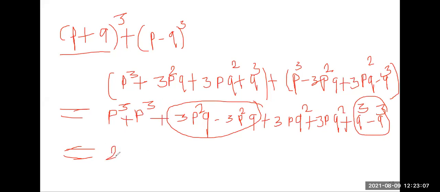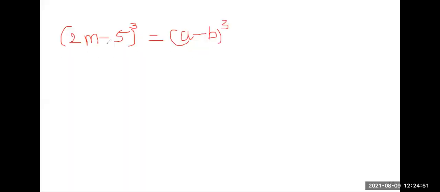Now here what will we get? 2p cube. Why? Because here it is addition, this is 1p cube and this is also 1p cube, 1p plus 1p, 2p cube. Then here you just add the numbers because the letters are the same, pq square, 3 plus 3, 6pq square. Got it? And the rest is cancelled, so the final answer is 2p cube plus 6pq square. Okay. So while we are getting a problem like this, don't be afraid, don't be scared.